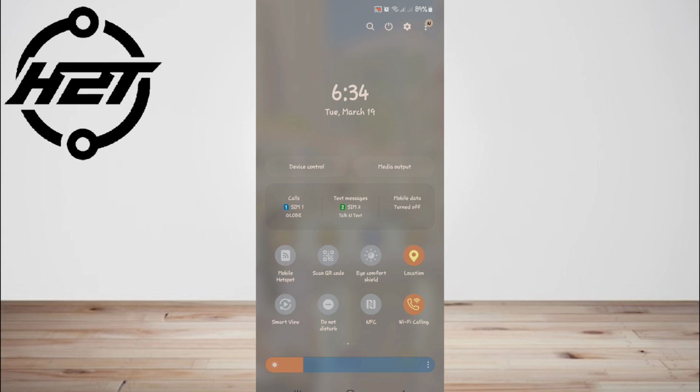These settings may differ depending on the type of Android phone you're using. So let's use the easiest way to do this. Swipe down to the control center or notification panel. Then, tap the mute or do not disturb button to turn on silent mode on your phone.